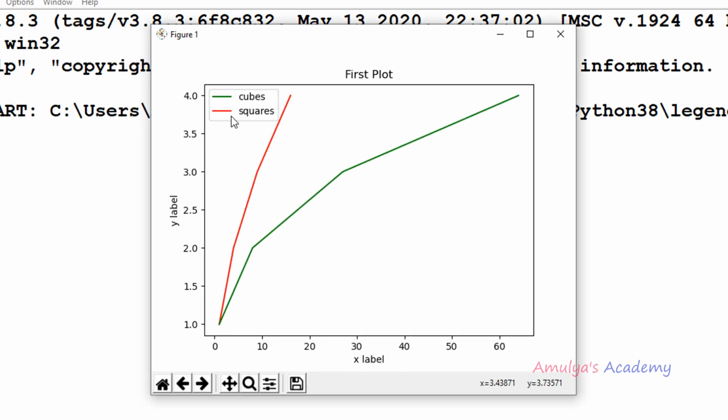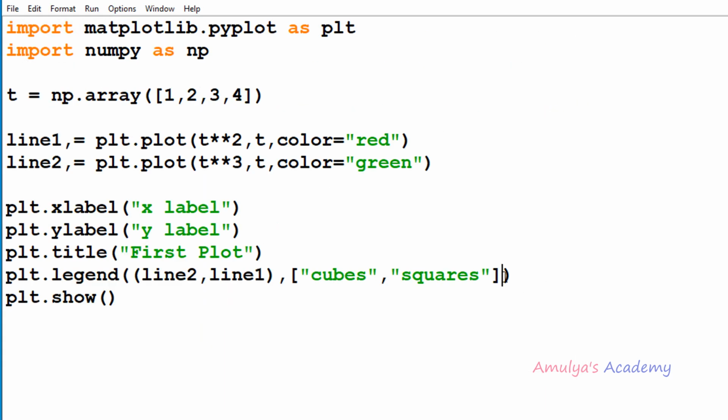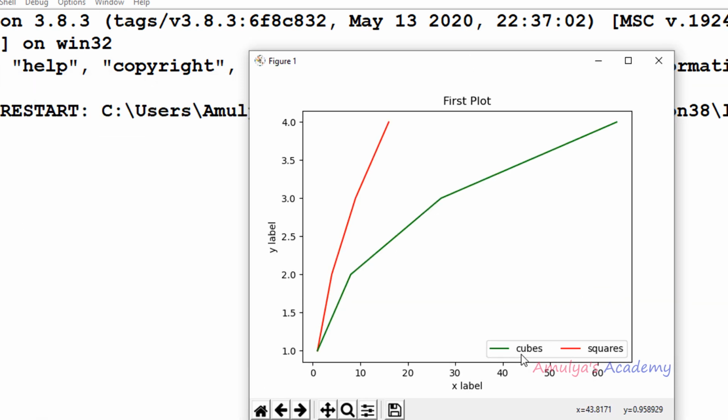here we can see the legend which contains only one column. The default value of ncol is 1. Here we didn't mention the ncol parameter, so it will take the default value, that is, it will give one column. Now if I want to change that, I can take ncol equal to an integer value, that is 2. If I take 2, it will give 2 columns now. Here we can see 2 columns in the legend.